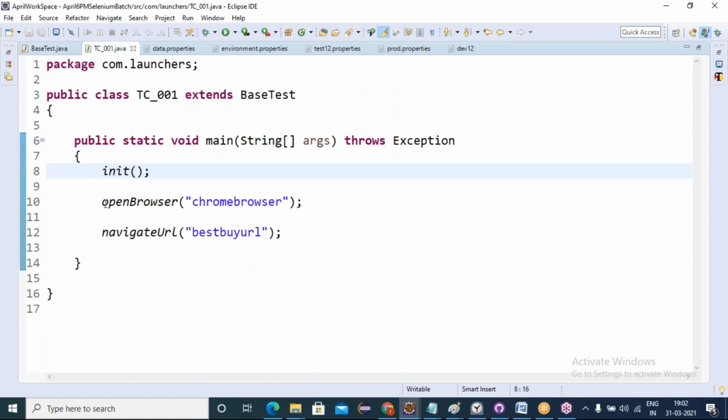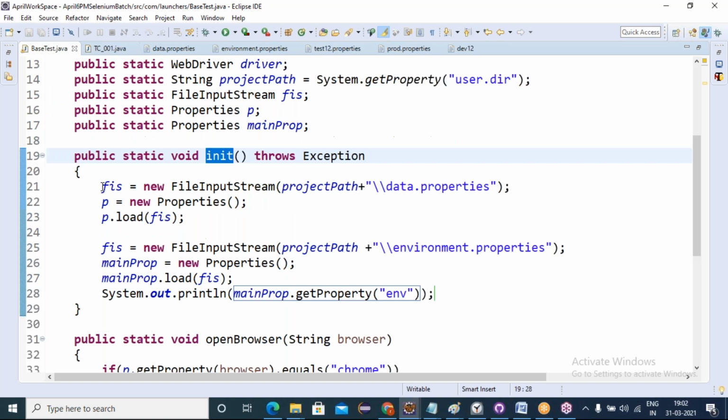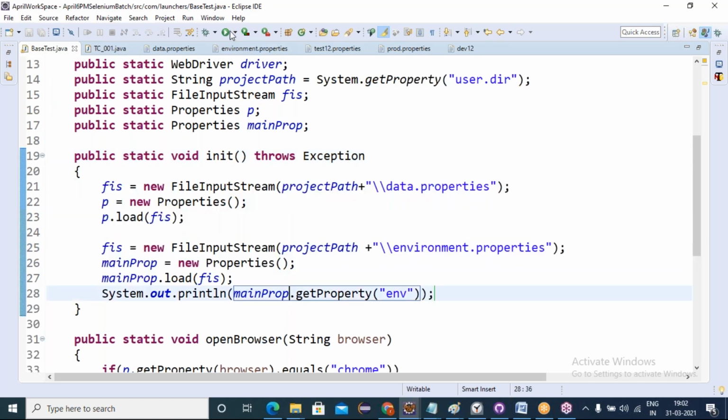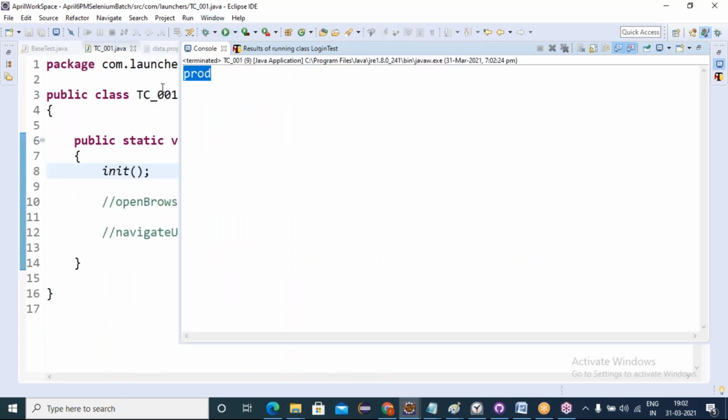Let me comment this open browser, later we'll see that. Now I'm calling this test case, going to the init method. It initializes all these files, then gives the key-based value as prod. Let me run test case 1. Prod is coming, right, friends?